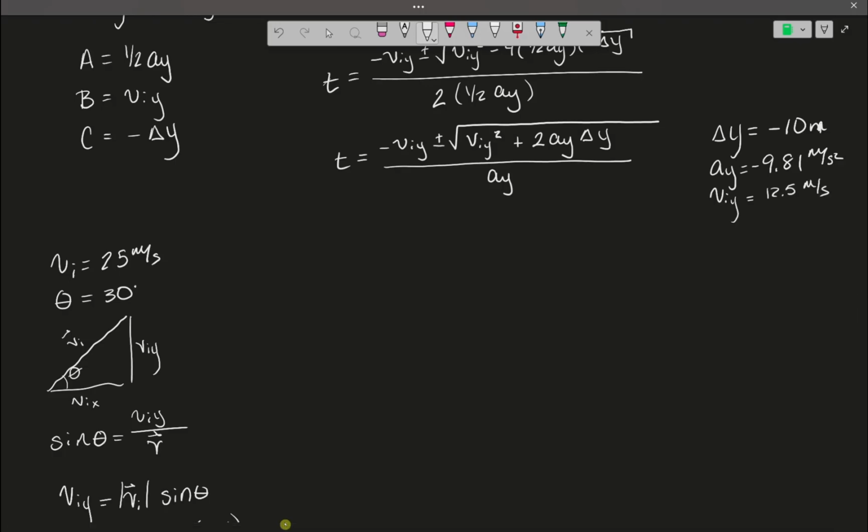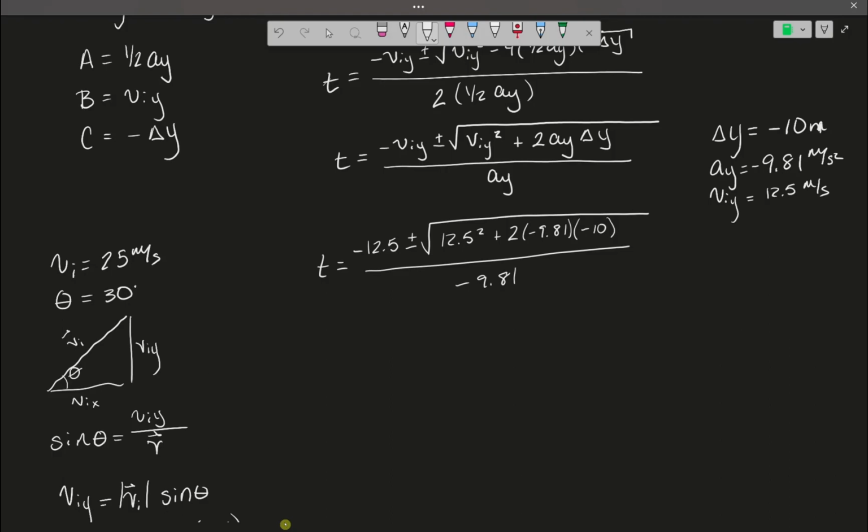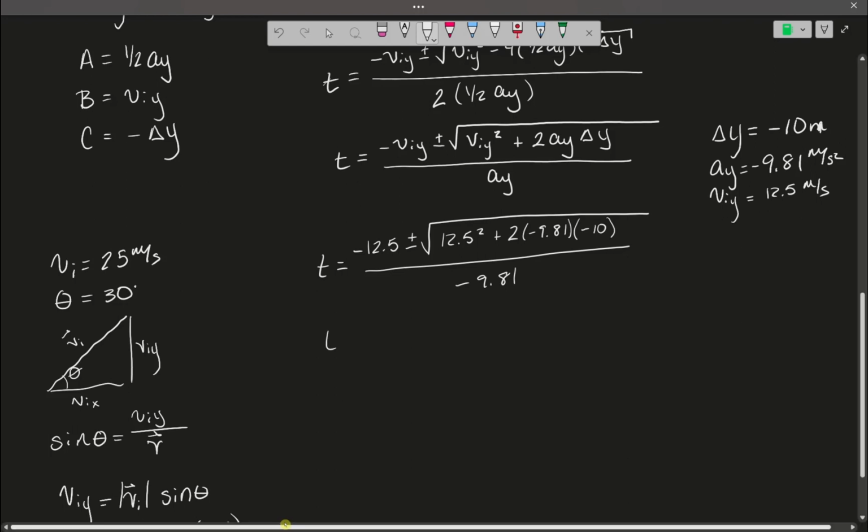Now I can plug all of these values into the equation. I'm going to do this calculation in a couple of steps. I find that I make fewer mistakes if I do this in multiple steps, and if I do make a mistake, it's easier to determine where I made it so I don't have to do this all over again. So time is equal to negative 12.5 plus or minus the square root of